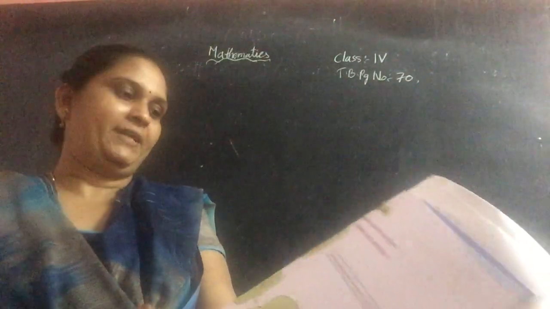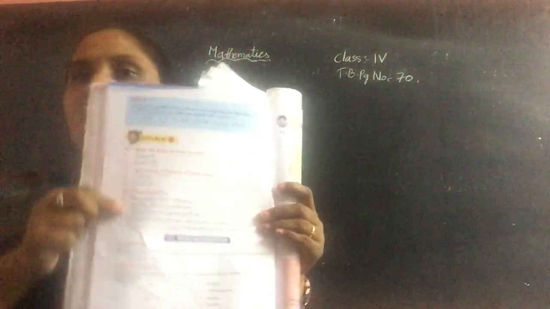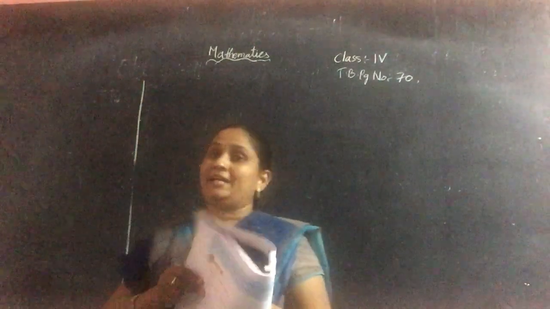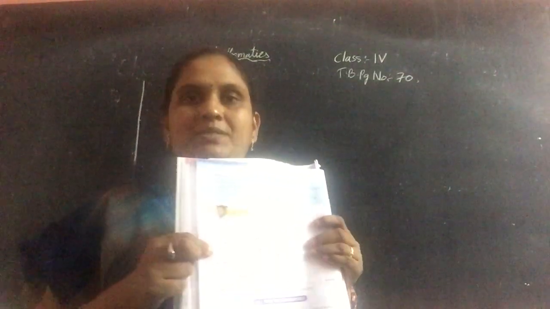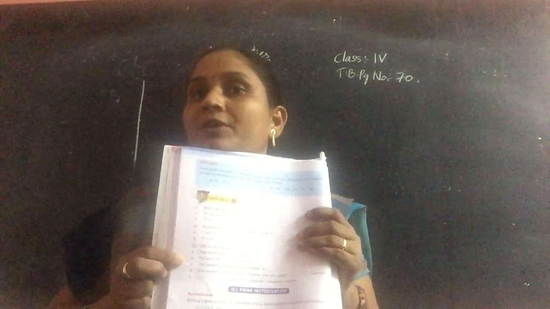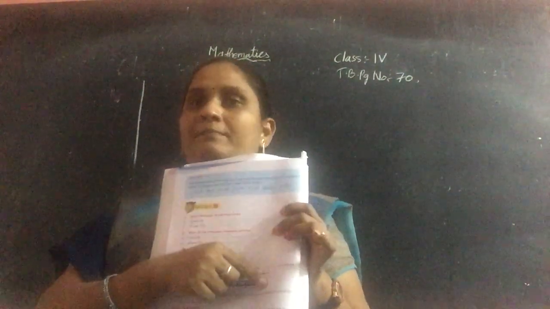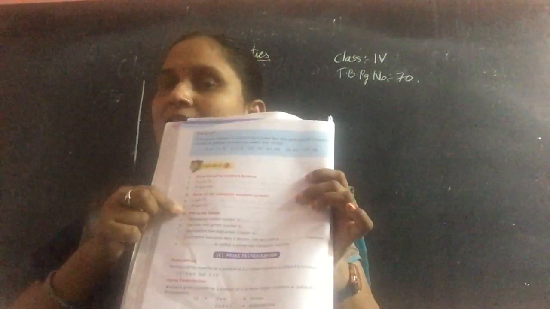page number 70. In textbook page number 70, 3 sections are there. Up to now, what we discussed about prime numbers, composite numbers and definitions, those are all based on that. A and B, section 1, section 2 you have the sums, and in section 3 there are the fill in the blanks. Based on the information you have learned, you fill in the blanks. After completing this work, next open your classwork.